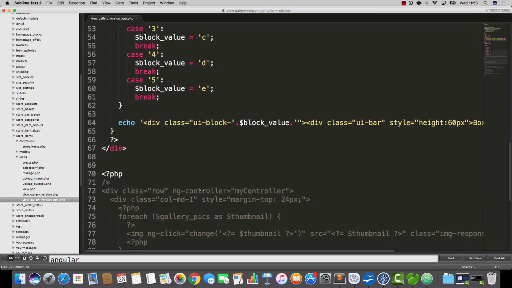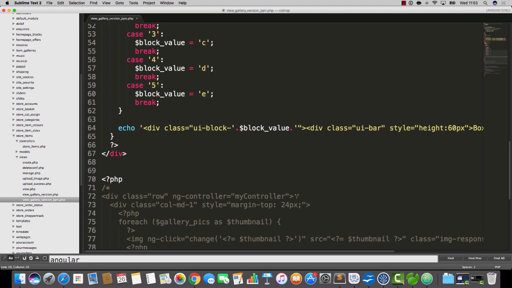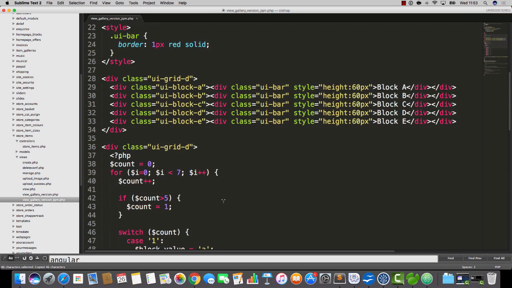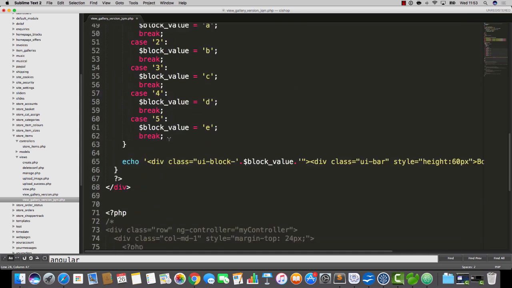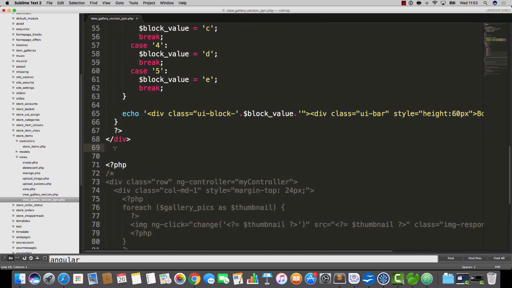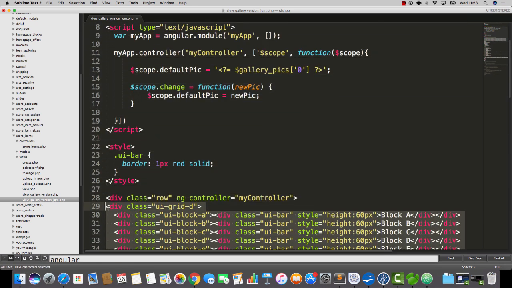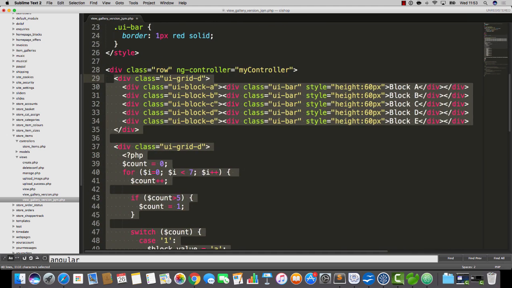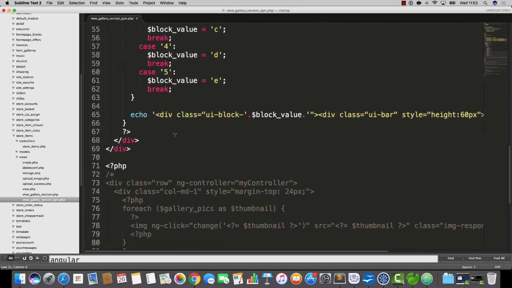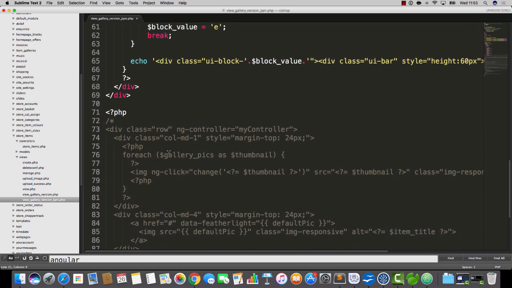So to make this all happen, let's rock and roll. I'm going to add in this div class row as ng controller stuff, right? So let's bring that back to life, probably up here somewhere, and we'll close that controller somewhere like that. Now, as you know, we are very obsessed with neatness these days, so we'll tab in, and that looks fantastic. Excellent. And now I'm going to change this for loop